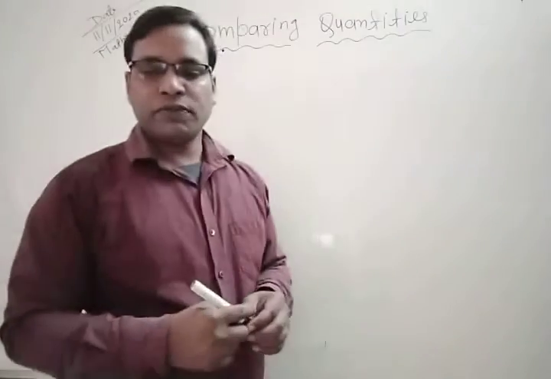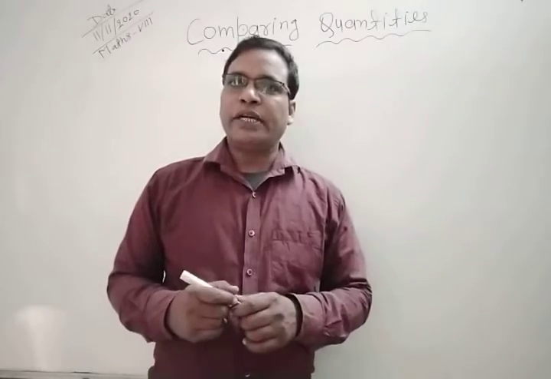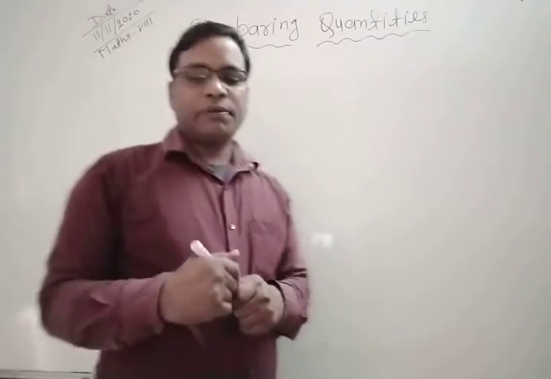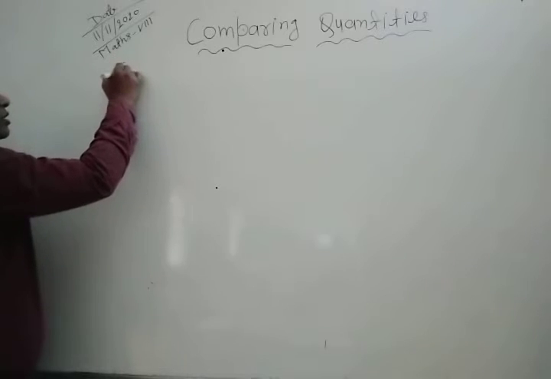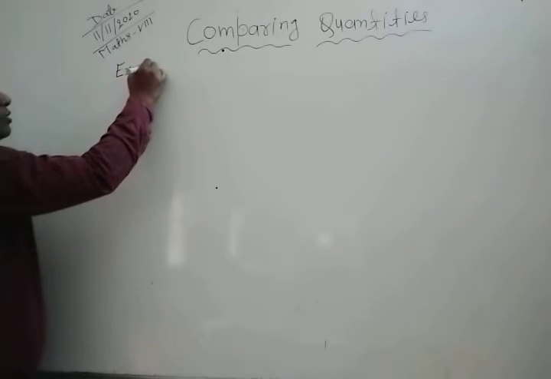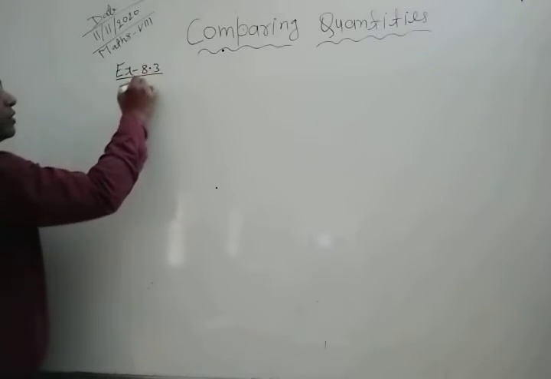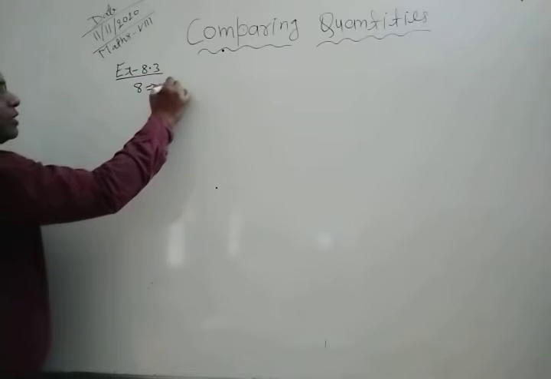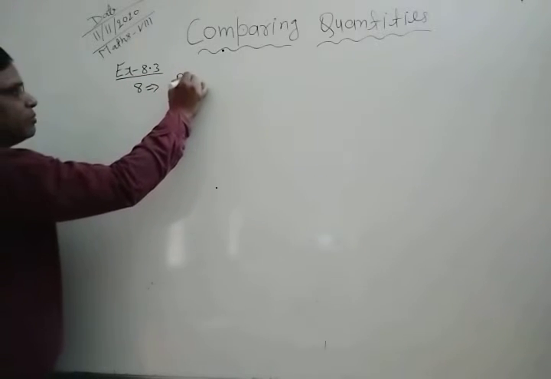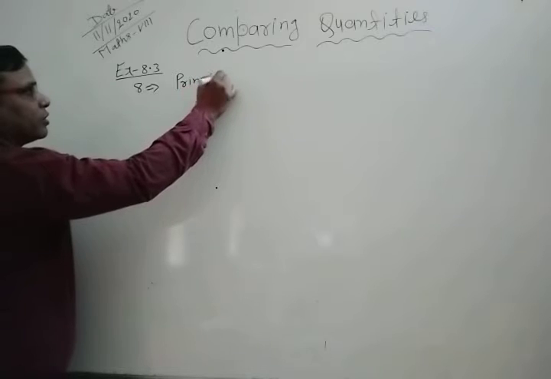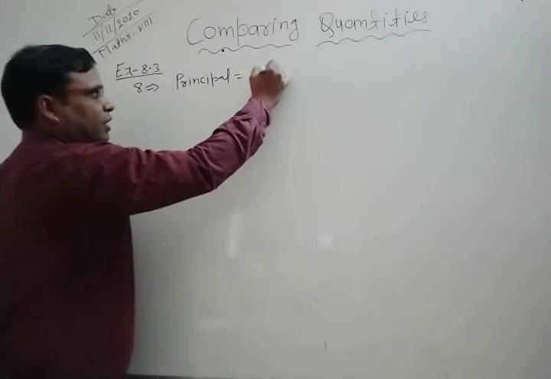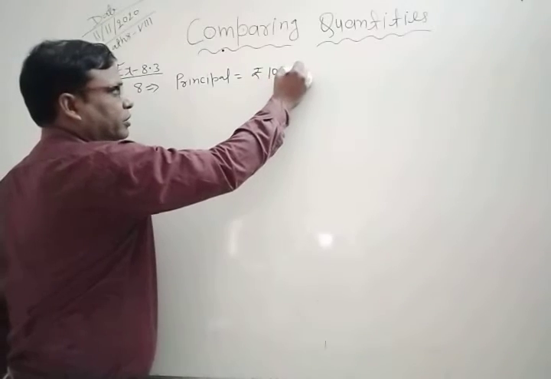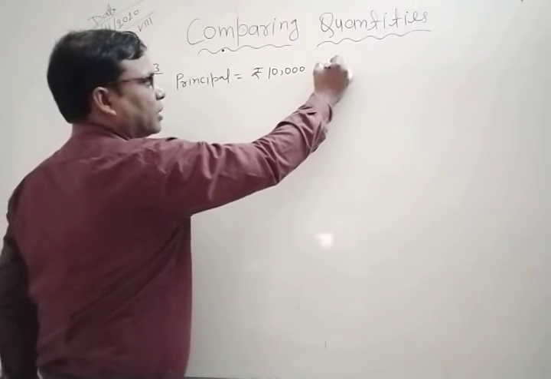Okay, so first we write the principal. What is the principal of question number 8? Principal is given here, exercise 8.3, question number 8. Principal is represented by P, you know very well. This is given as 10,000 rupees. Clear? Time,